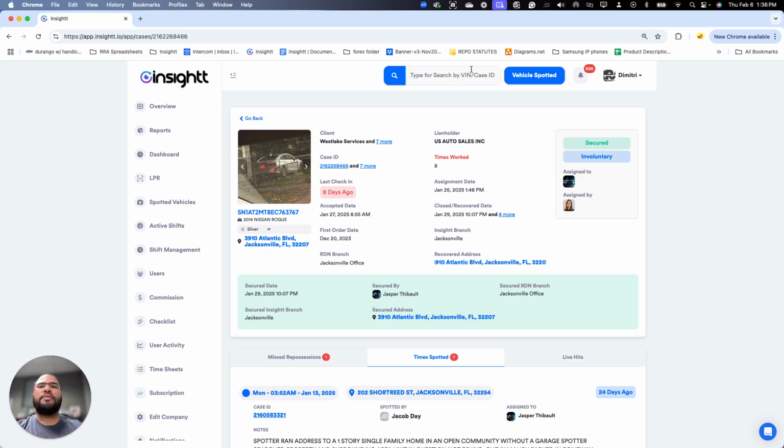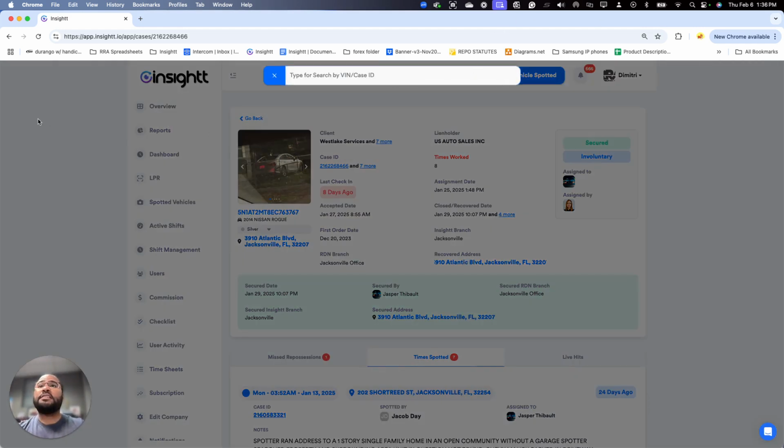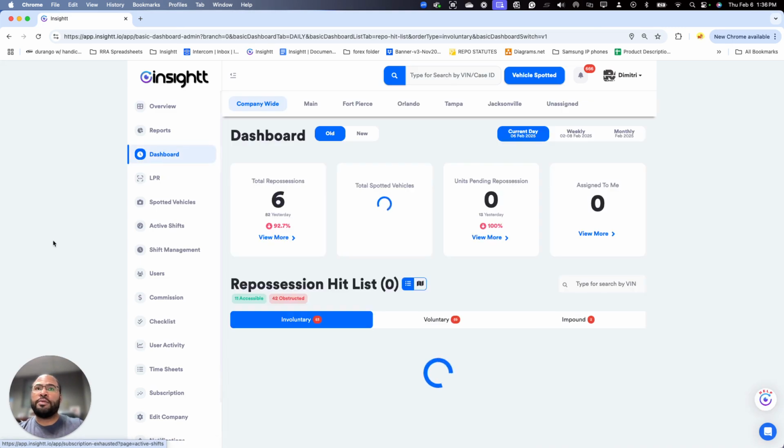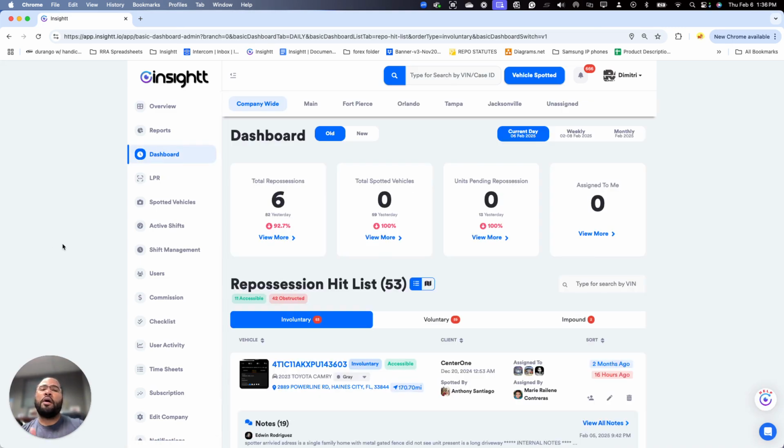All right, so let's look at the next VIN, right? Actually, this next VIN is going to be existing in our repossession hit list, right? And our repo hit list is a running list of all the open accounts that have been spotted on Insight, all right? As long as your volunteers and impounds as well. But I'm going to search for one of these open cases here. I got